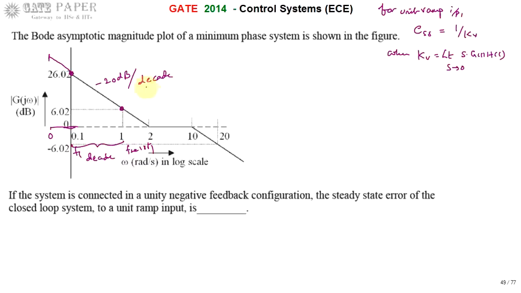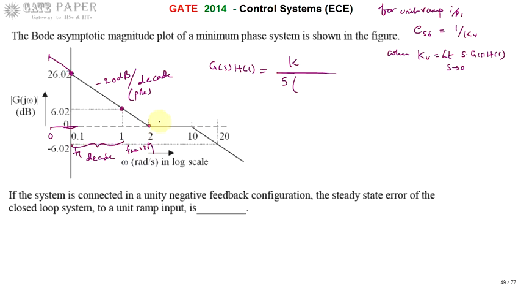So for this transfer function, since it has a slope of minus 20 decibels per decade, this will be treated as a single pole. That single pole started at s equal to 0. So the transfer function G of S, H of S can be written as having some gain. Every system will have a gain k multiplying, and there is a pole present at the origin, so we write it as S itself. Next, there is minus 20 decibels per decade up to omega equal to 2.